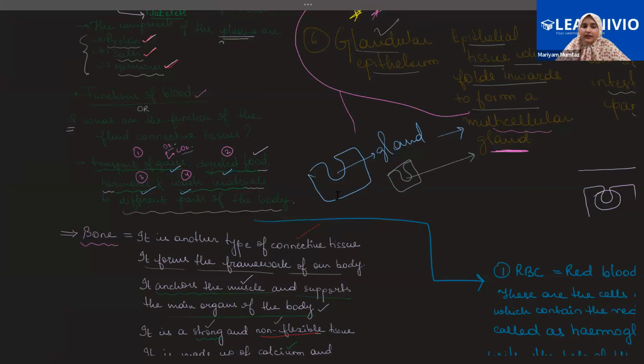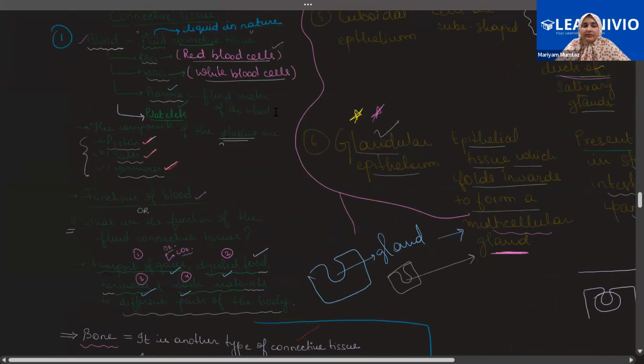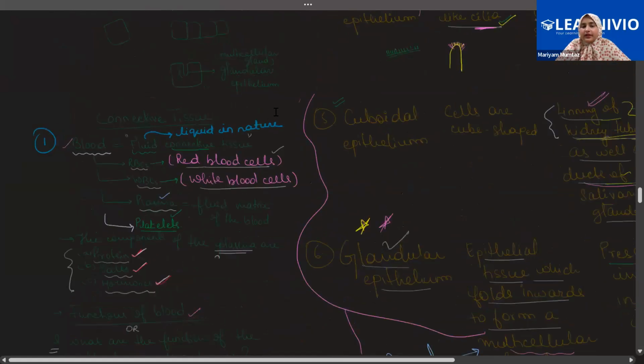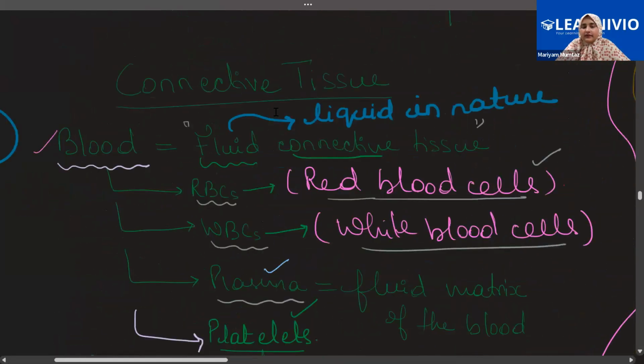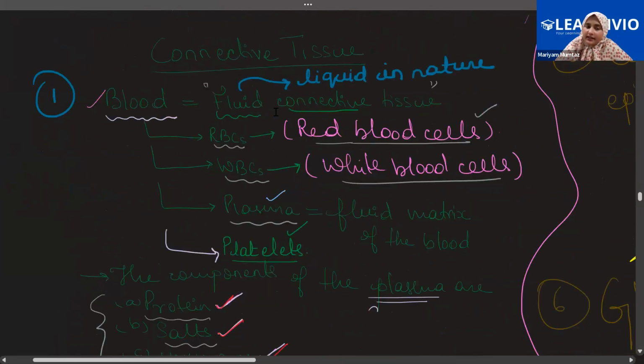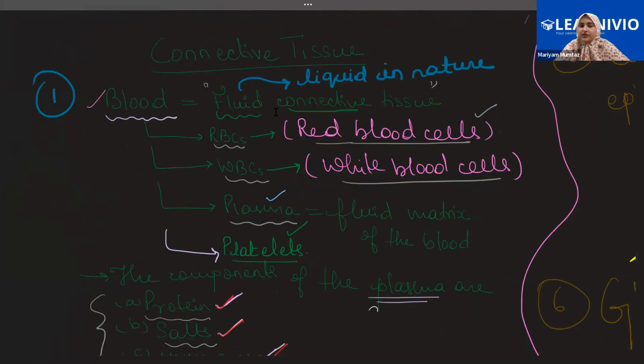After that comes the connective tissue, the second type of tissue that is there in the human body. So those are the connective tissues. Now see, there is a variety of connective tissues found in our body, which have been divided into several different categories. Just like the name tells us, they connect things together, right? So the first and most important connective tissue is the blood, which is obviously